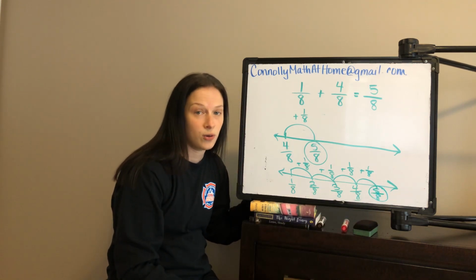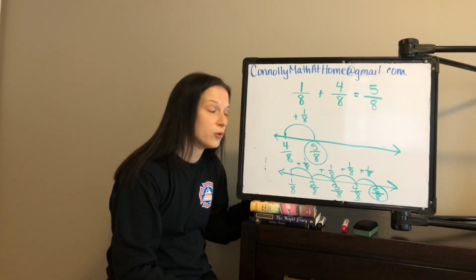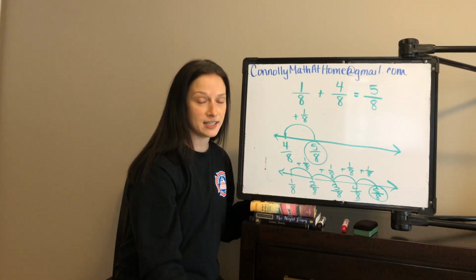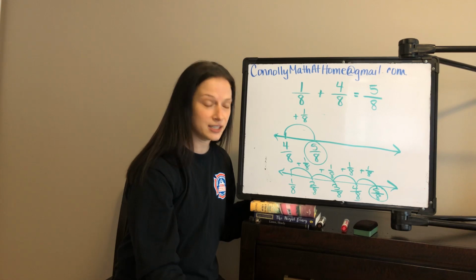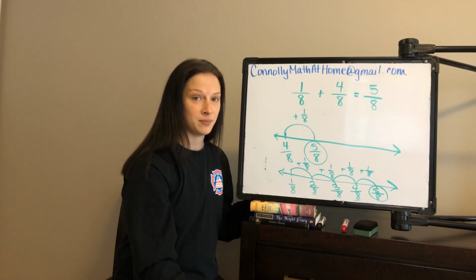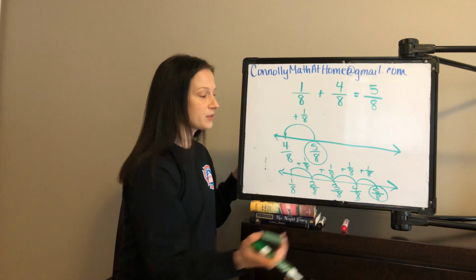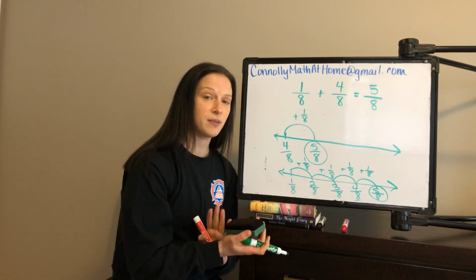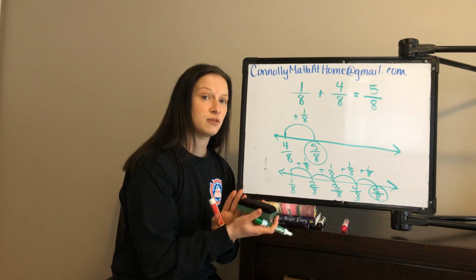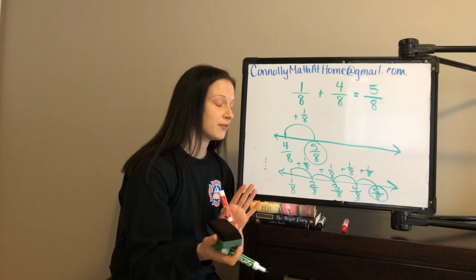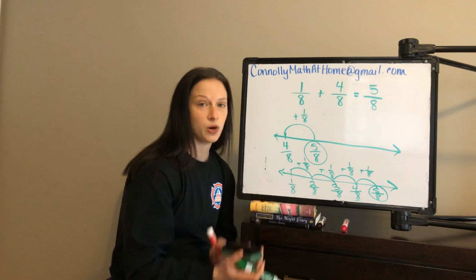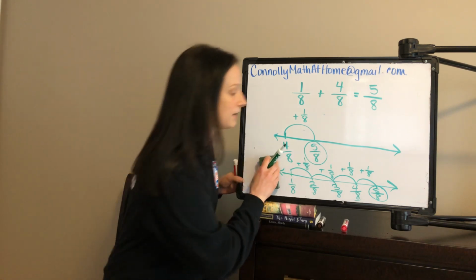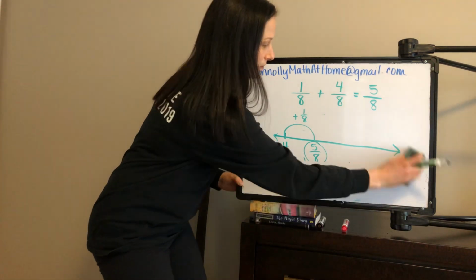Okay, so those are two different ways that we can show our addition on the number line. I'm going to get into some situations where it gets a little more complicated too. So stick with me, we're going to keep working. So what we've done is we've shown combining the two amounts on an area model, and if we're working towards efficiency, we might want to use the same area model, but not required. And we're also showing adding on the number line, so combining the two amounts there. All right, so